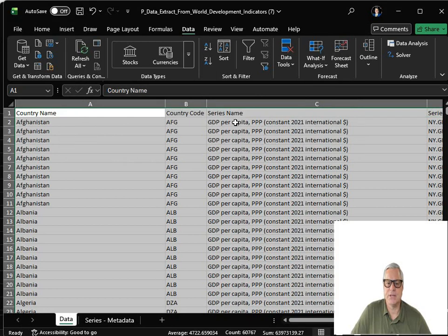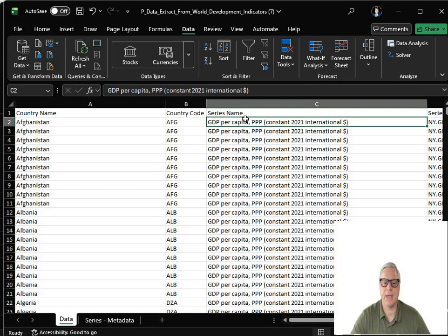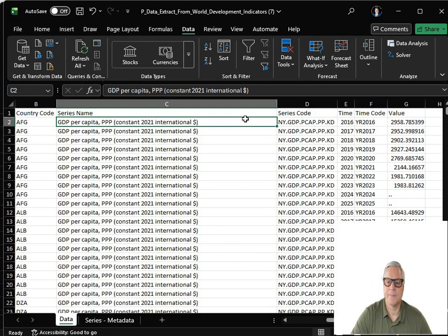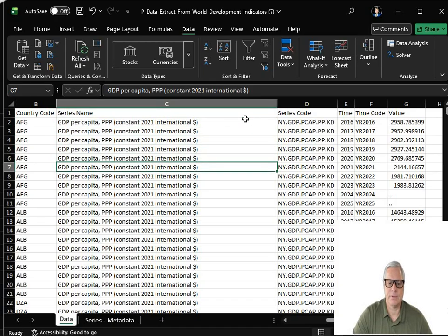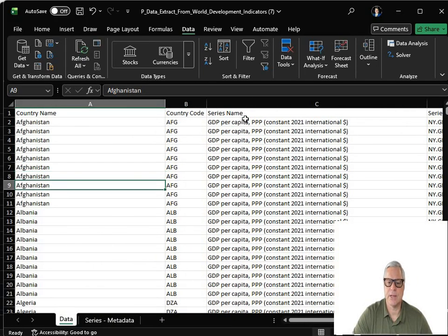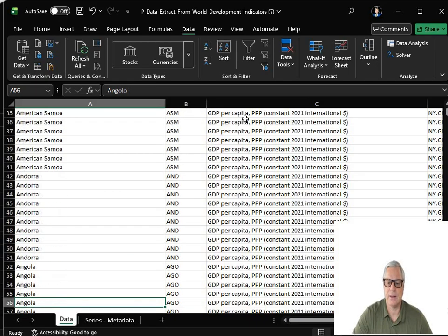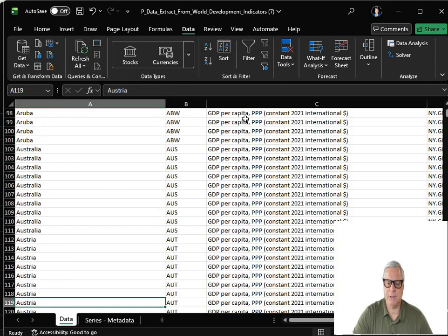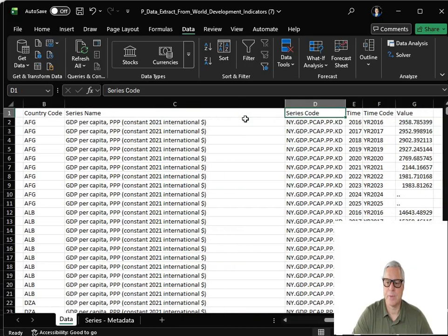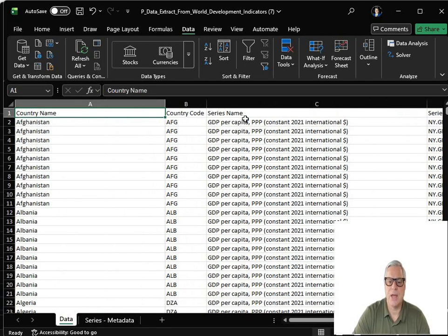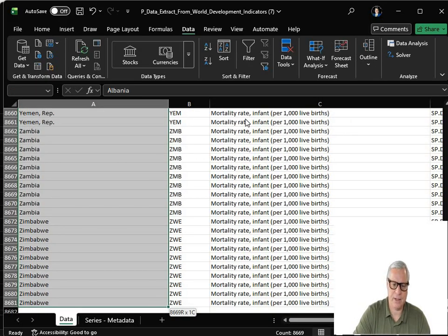And then we see now we have all the GDP per capita. So we have now the 10 observations for Afghanistan, then we have Albania, and it's all GDP per capita. Okay, so now if I go and I search for the next Afghanistan,